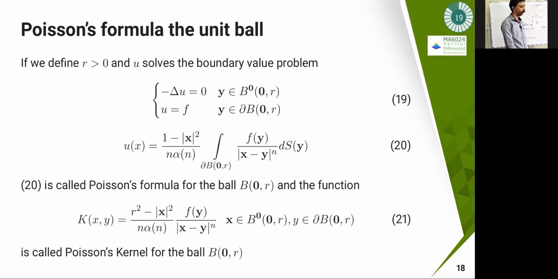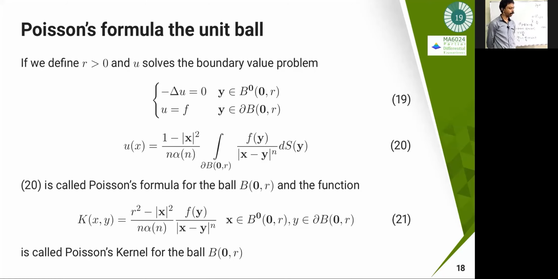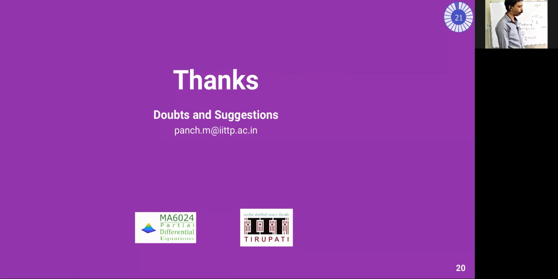If I generalize this for the ball in R^n, with R greater than 0, what you are going to get is that there is a mistake here: this is going to be R squared minus |x| squared. Here, for the unit ball, you are getting 1 minus |x| squared. In the case of the ball with radius R, B(0,R), you are going to get R squared minus |x| squared. So once again, you can prove a similar theorem for the ball of radius R also. Okay, so now we'll